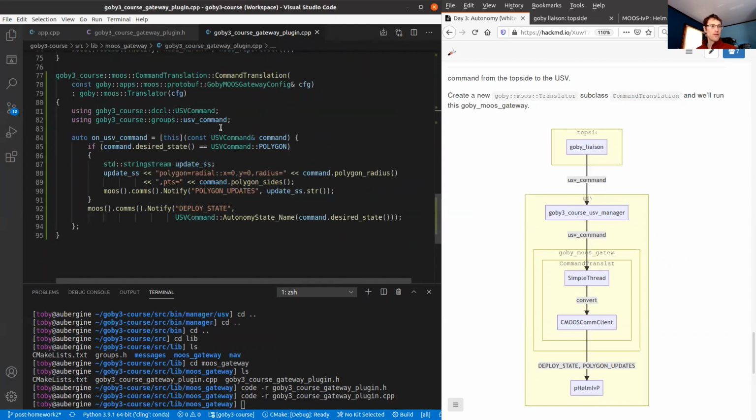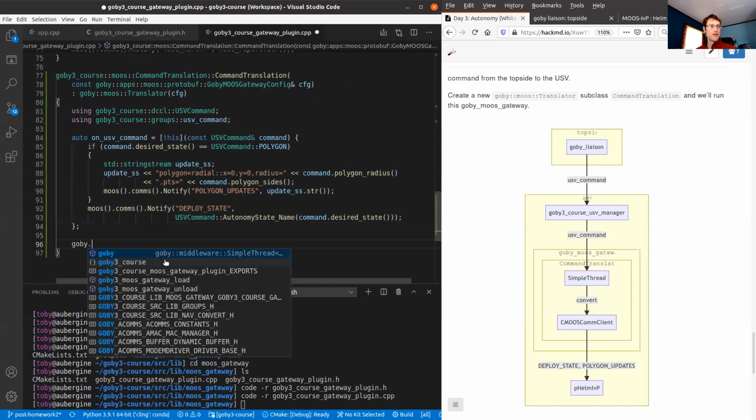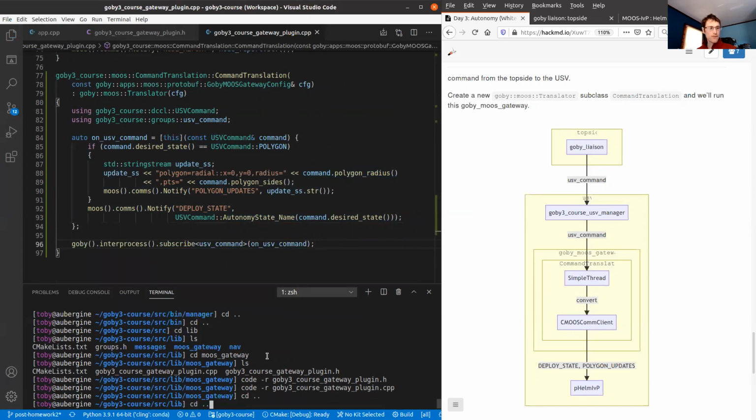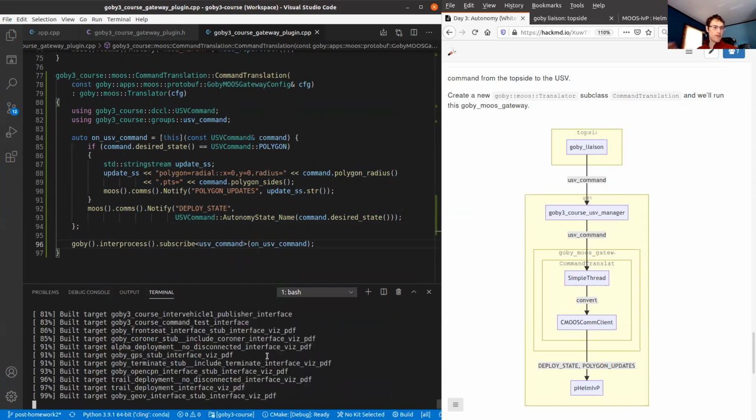And then down, oh, there it is. So I wrote the callback, but I forgot to actually subscribe for the message. So if I access the Goby thread, I can subscribe to USB command and call that callback. So I was missing this little link right there. So if we rebuild this,